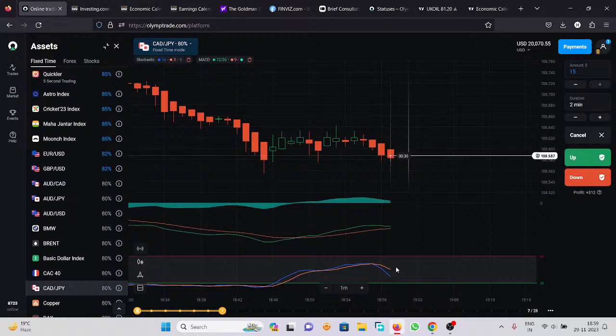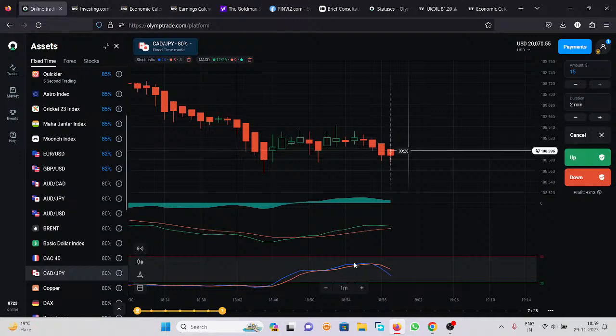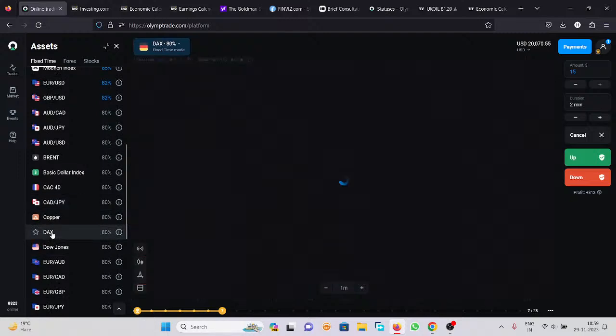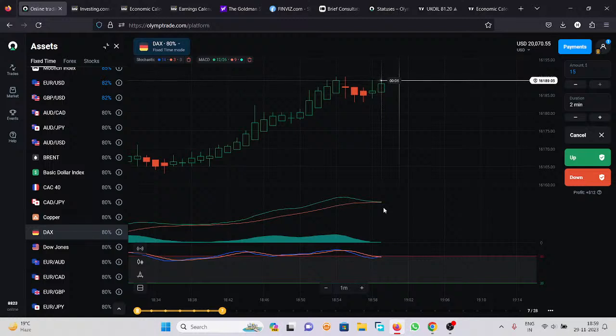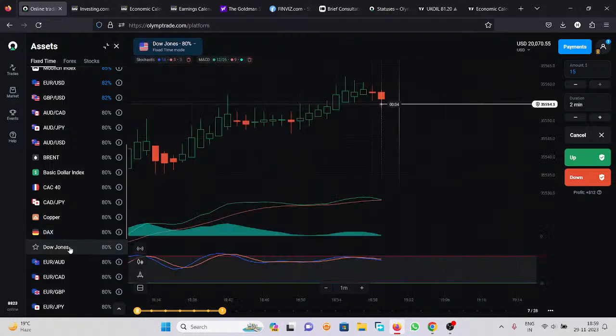The more gap we find between the lines, whether it's the MACD or the stochastic, the earlier we will get the signal. If the lines are too close, there will be a dicey signal. MACD should go below the zero area, and the green line should cross the signal line from up to down, and we can open the trade for a downtrend over here.